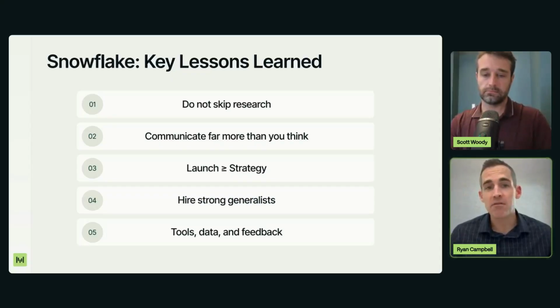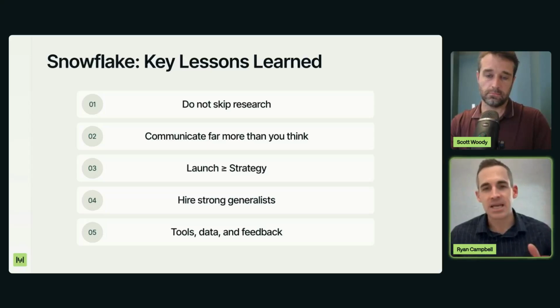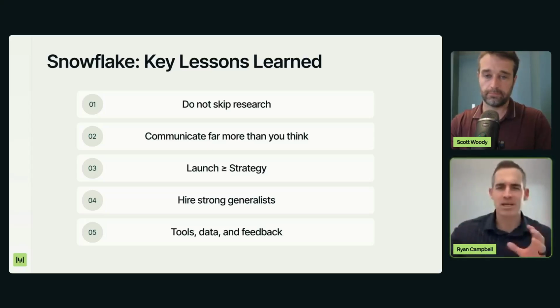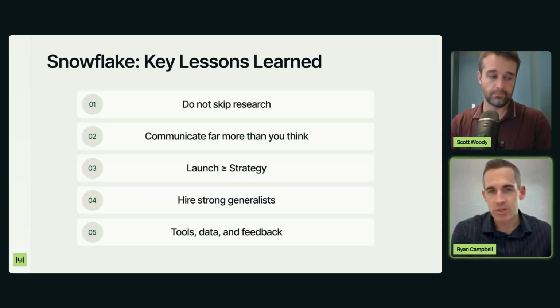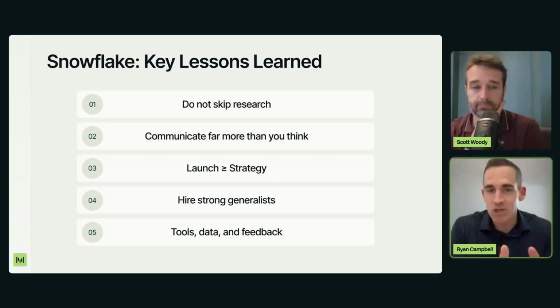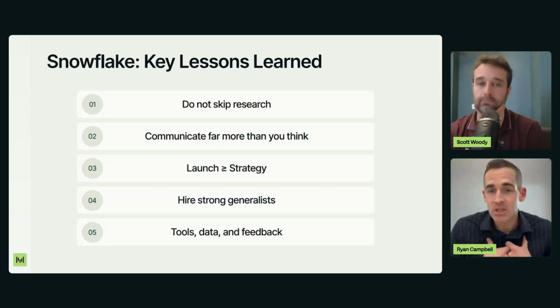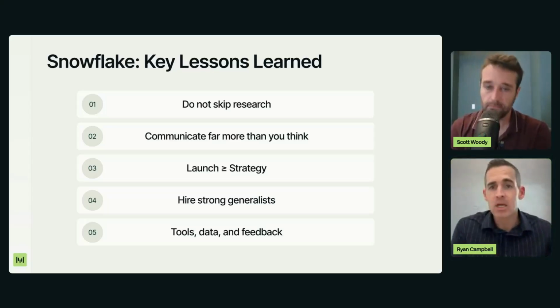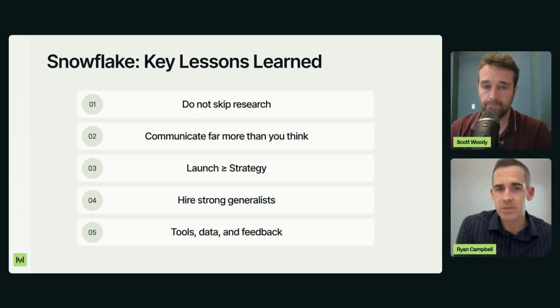Second, communicate far more often than you think you do. It can become very easy to say, I have this great relationship with product. We all understand each other. But remember, there are many other stakeholders at the company. And as soon as you hear something, communicate that far and wide. The third one is, look, the launch and the execution of the pricing, in my opinion, is often even more important than the strategy. You can change the strategy. You can iterate on the strategy. But if you don't get that launch piece right, you can burn a lot of customer trust and you can lose the confidence of even your own sales teams.